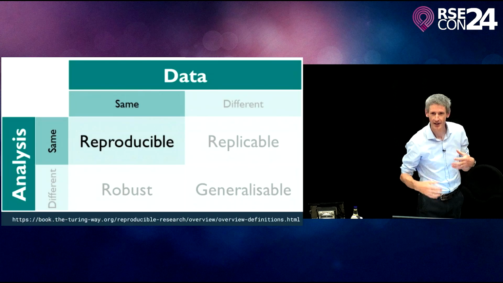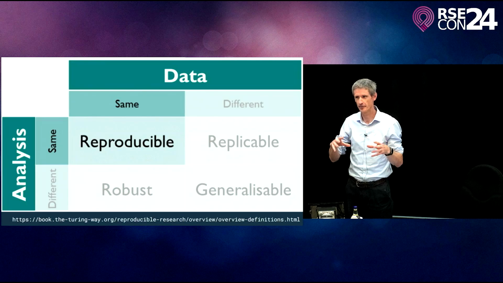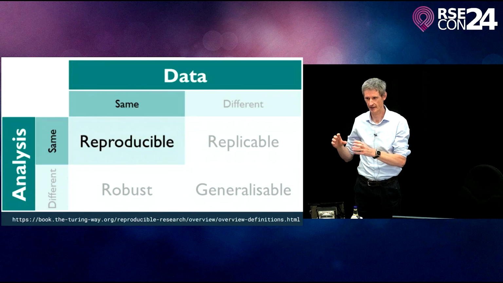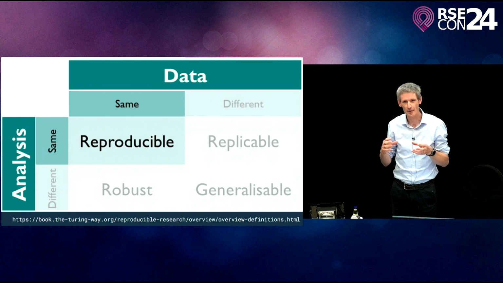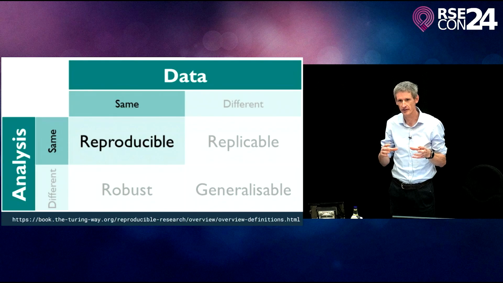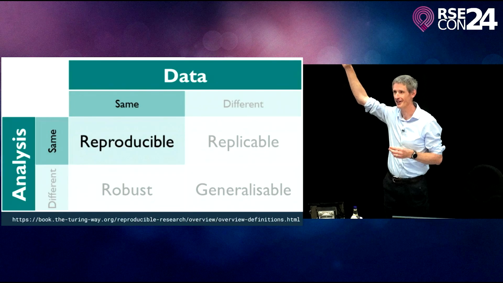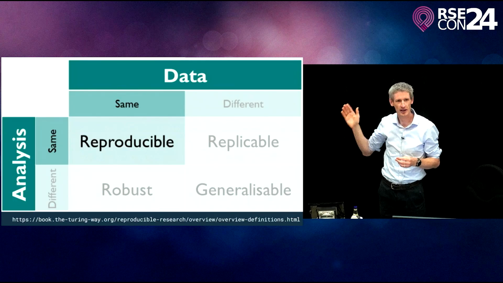a hammer and trying to get them to be as reproducible as possible when we interpret that reproducibility as running the same analysis on the same code and getting the same result. And so I want to suggest, perhaps somewhat as a hot take, that we focus on this box not because it's important, but because it's tractable. Right? We're tool makers, we build tools. You can do this, right? You can measure it and you can say, I've got a badge that shows you that I can do this. And so this metric becomes a target, right?